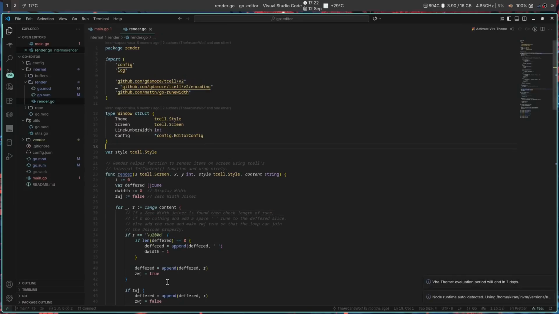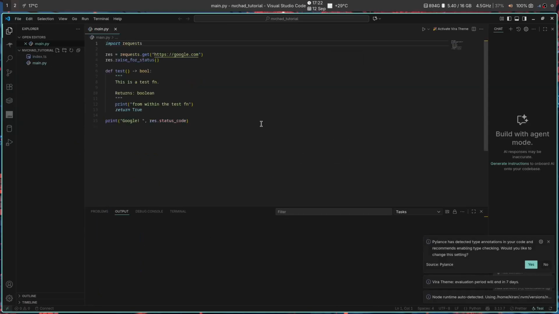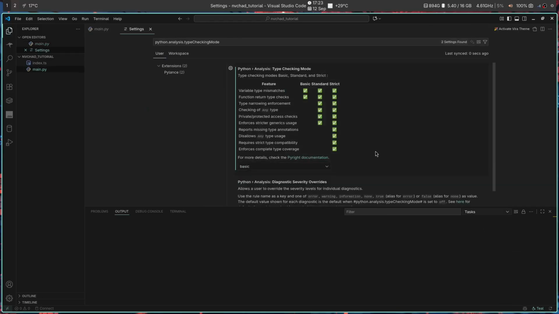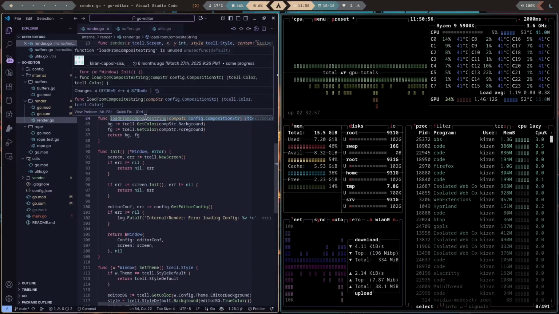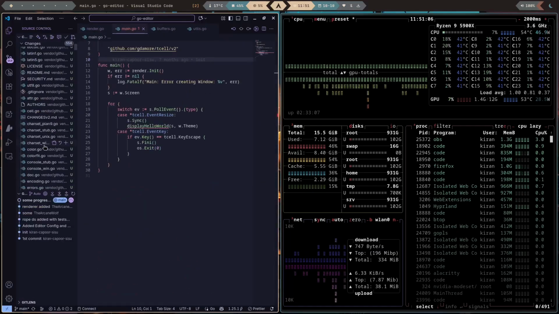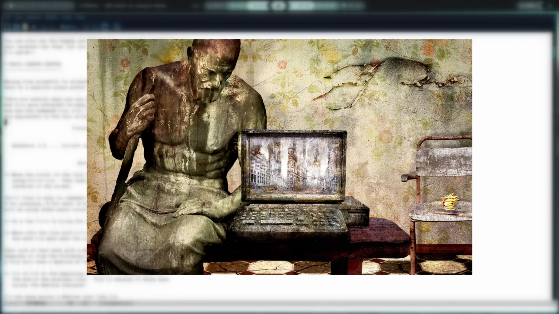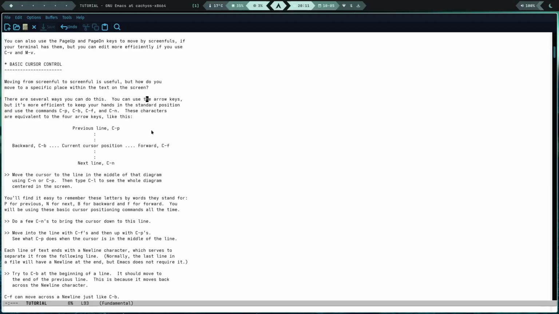Look, I get it. Why would you learn a 40-year-old text editor when VS Code exists and does everything? But here's the thing. While VS Code is eating RAM like it's a shadi, Emacs is sitting there lightweight, running on your potato laptop from 2015. Today, I'm going to show you why some of the most productive developers I know still swear by this ancient